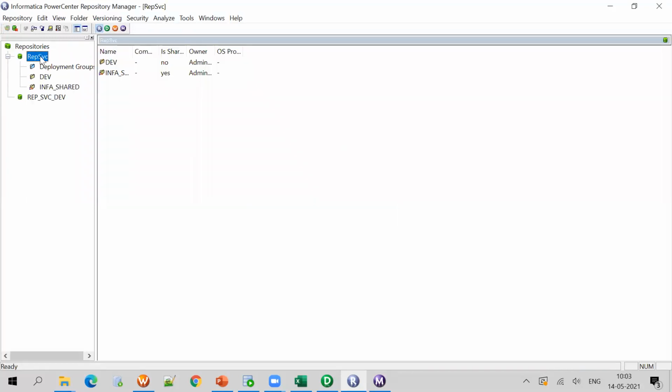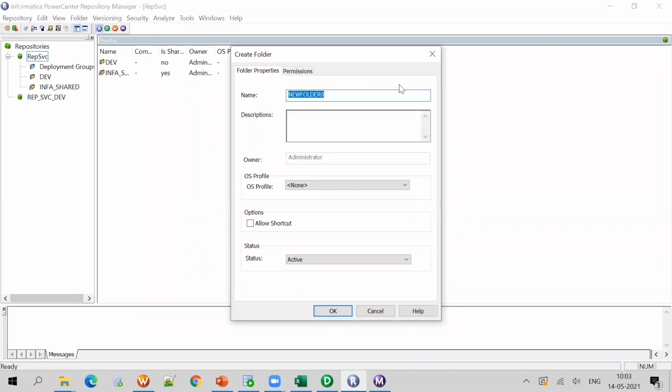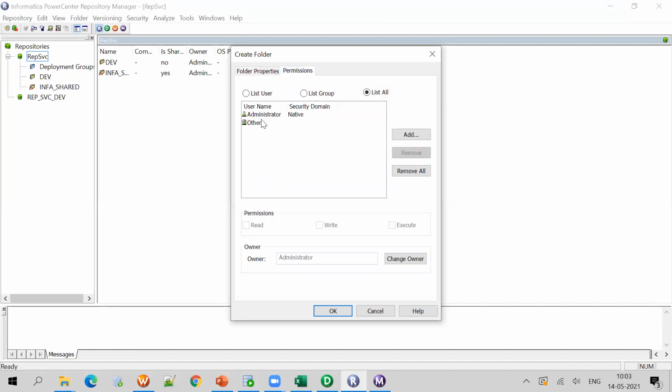Now, once you create the repository, the next step is the folder. Go to the folder menu and create it. I am giving dev or dev underscore 1. Here you can give permissions: whether it is only for a user, only for a group, or for all.